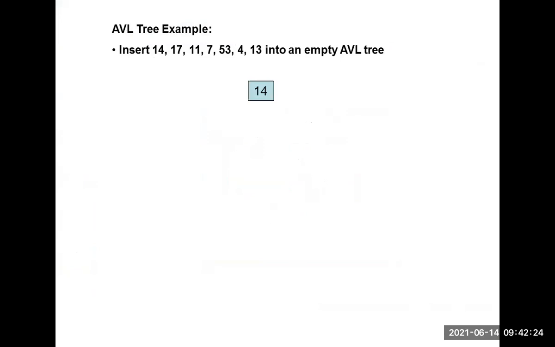See, 14 is there. Next, we insert. He is constructing a binary tree. Just see the example. Don't worry, I will explain binary tree later. You just construct a binary tree. Now I construct in the same way, you just construct the binary tree. Here I am showing the rotations. Okay. Don't confuse the example. Here I insert 14 and 17, 11, then 7, then 53.